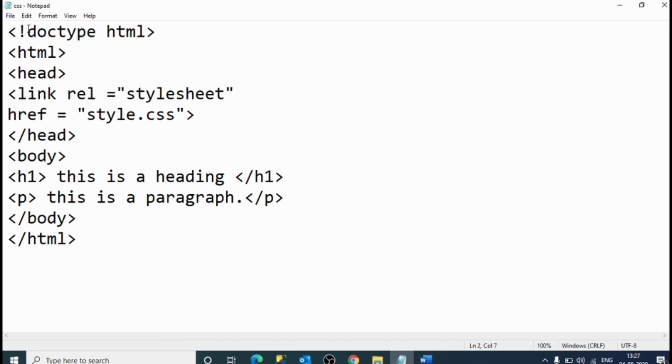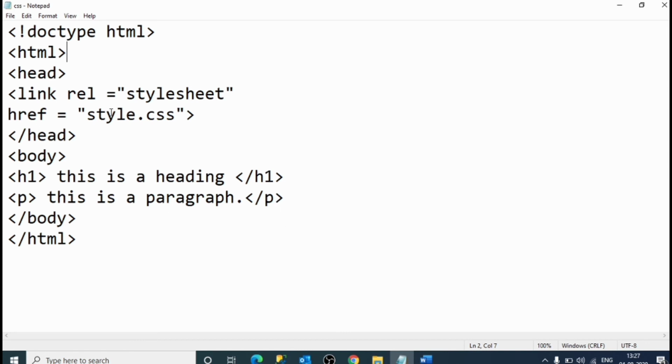We have written doctype, html, head, link, rel style sheet, href style.css, slash head, body, h1 this is a heading, slash h1, p this is a paragraph, slash p.